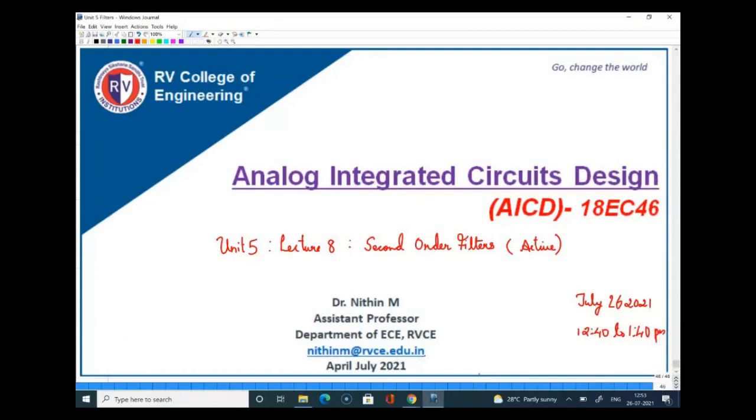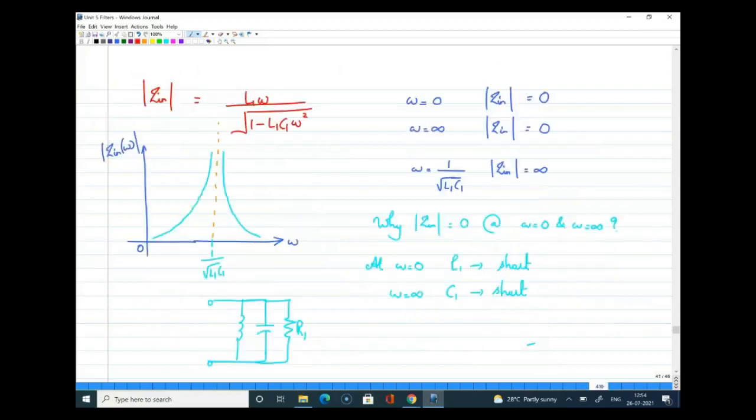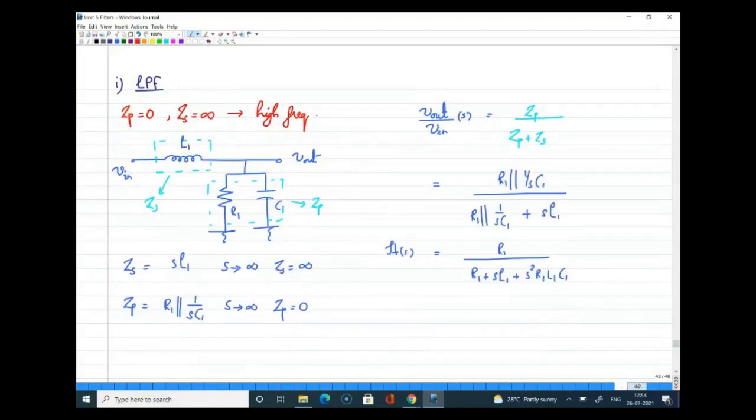This is your lecture number 8 on Unit 5, and in today's class we'll understand what second order filters are, basically active filters. If you look at the last class, lecture number 7, we started with second order filters. We looked at RLC realization. We have come to a general impedance structure where when you place components, we will get different types of response